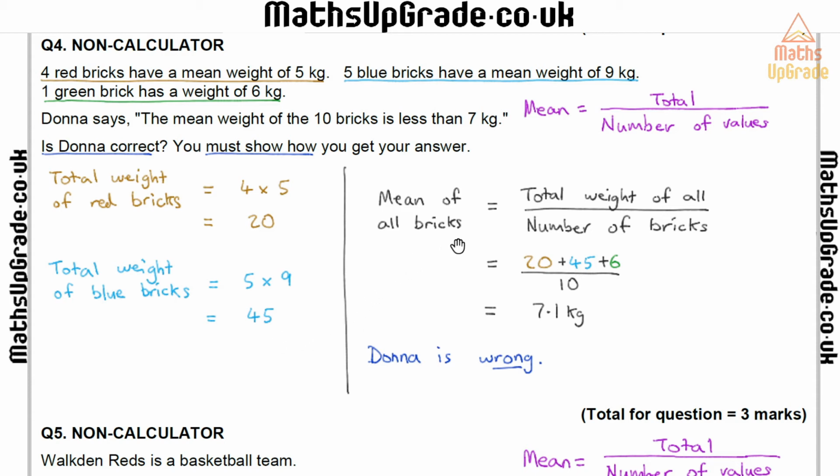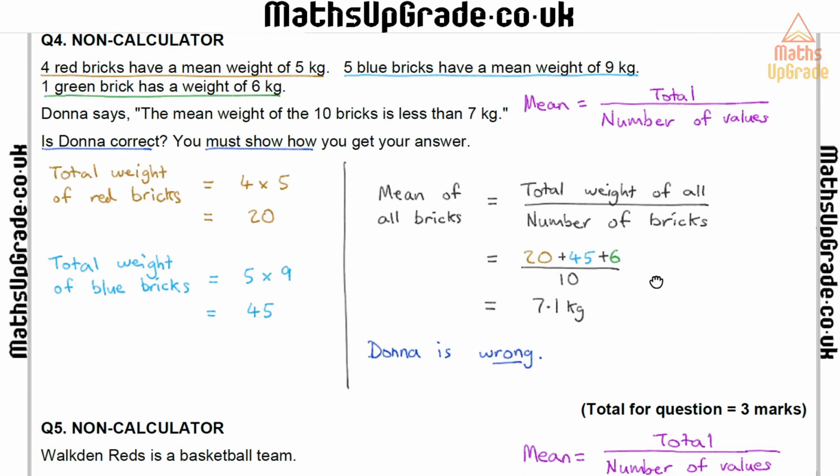Now the mean of all the bricks is going to be the total weight of all of them divided by the number of bricks there are. Since I can find the total weight now, I can find the mean. The total weight is going to be 20 plus 45 plus the green brick. There's 1 green brick with a weight of 6. Add those together, I'll get 71 kg. Divided by 10 is 7.1 kg. So clearly she's wrong, because the mean weight is going to be slightly above 7 kg,